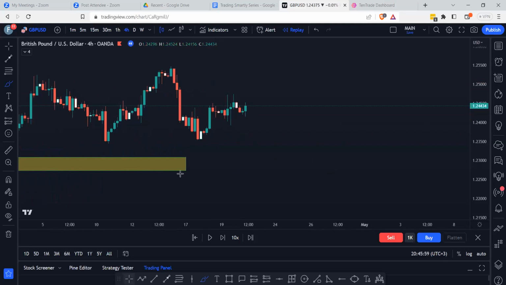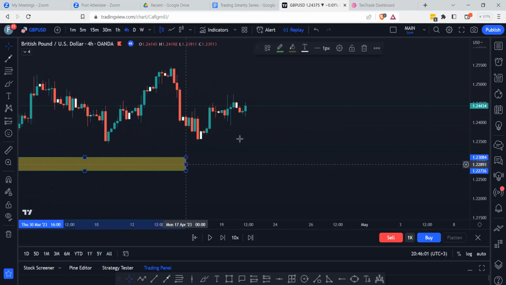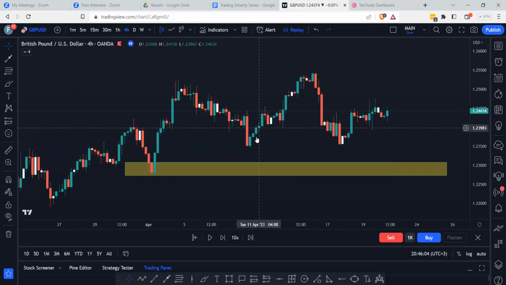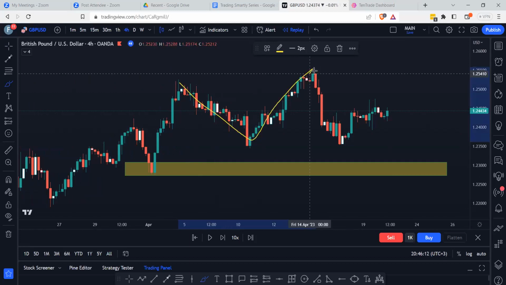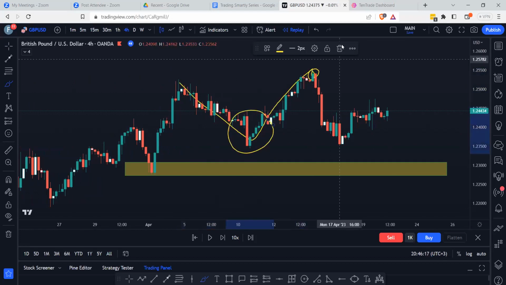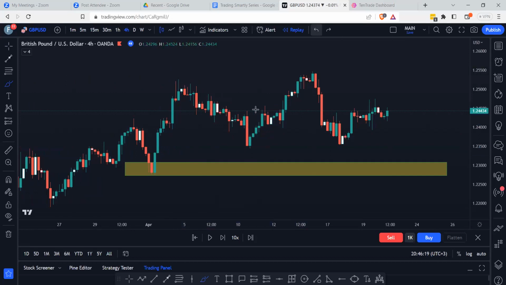We already have price giving us a new high. So check it out. Price came down here, and then suddenly we found price going up like so. So there's a support here. How do we draw the support? The last bearish candle, which is this one. It's the last bearish candle before the change in direction. So if we move this support,